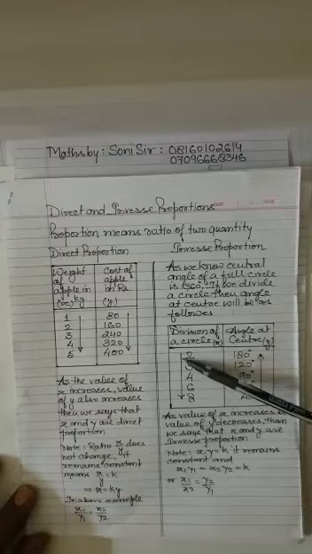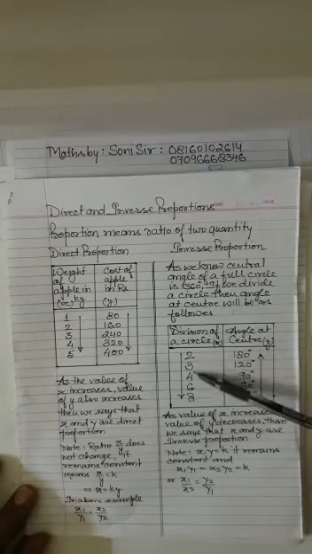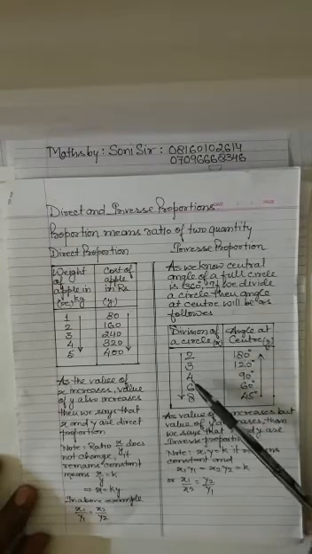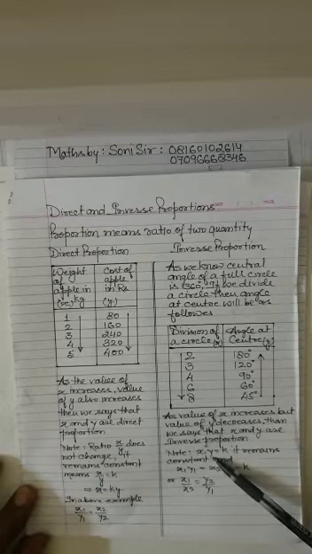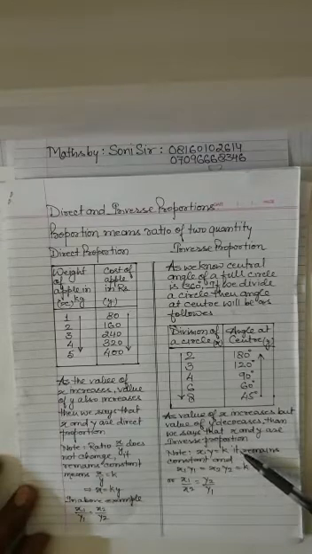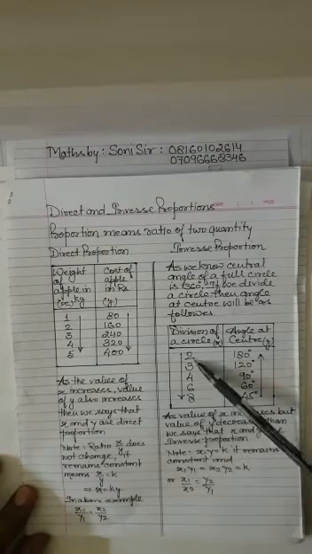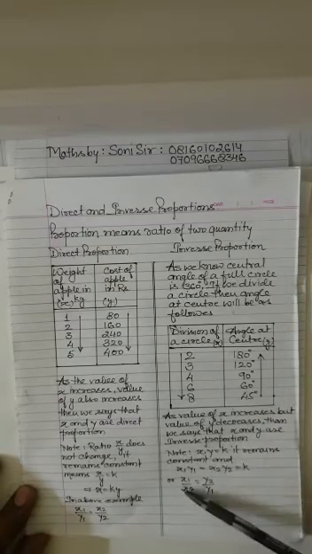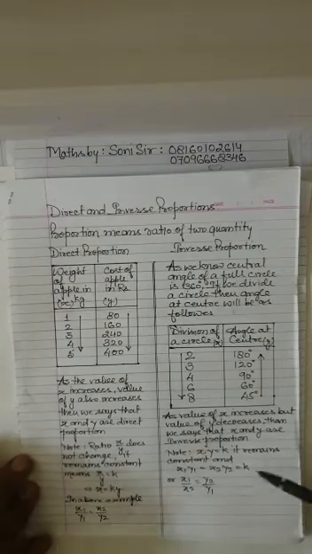Here I am observing that as one quantity is increasing, the other is reducing. So when one is increasing, another is reducing, it is the example of inverse proportion. Here the product of these two will be the same. So the product of x and y is constant. So x1 y1 is equal to x2 y2. When I take x2 to this side, x1 upon x2 is equal to y2 upon y1.